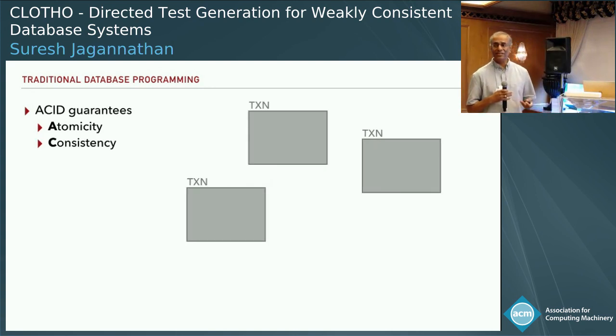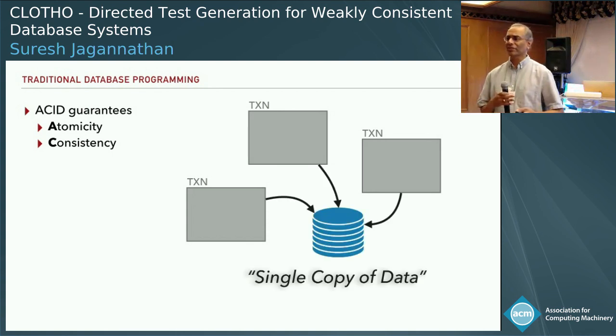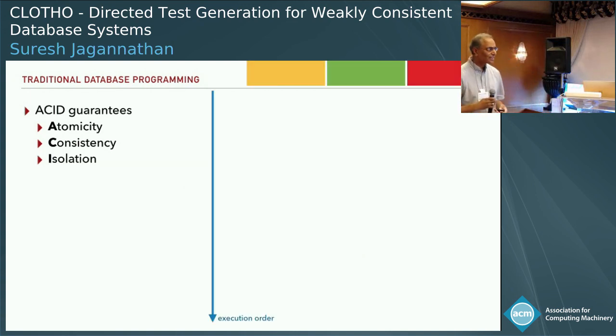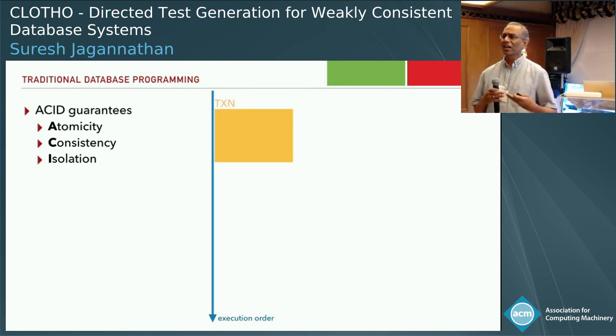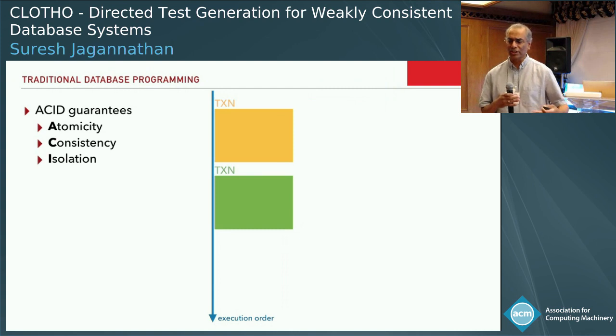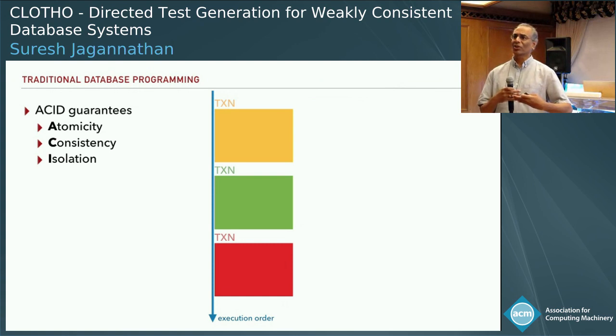The second property is consistency. So we assume that all transactions get to see a sensible view of the database as they execute. One very simple notion of consistency is everybody sees the exact same copy of the database, right? So that's a useful property. And the third property is isolation, which says that transactions should not interfere with other transactions. So as a transaction is running, it should not see the effect of other committed transactions until it itself commits. So this, in some sense, linearizes or sequentializes the behavior of transactions.